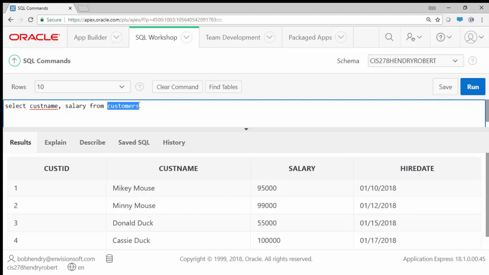Here we're just getting it from one table. You can have a select from multiple tables. We don't have multiple tables yet. We'll do that when we do some intermediate SQL. Remember, the title for this video is Introduction to SQL. But if I click on Run,